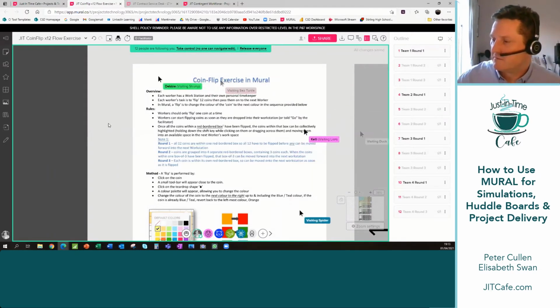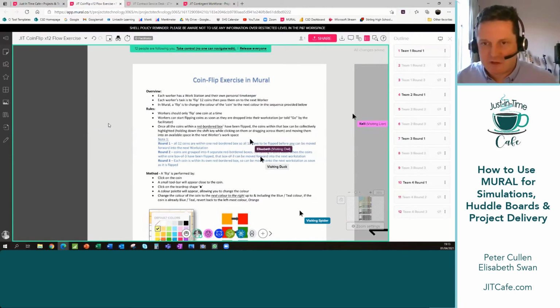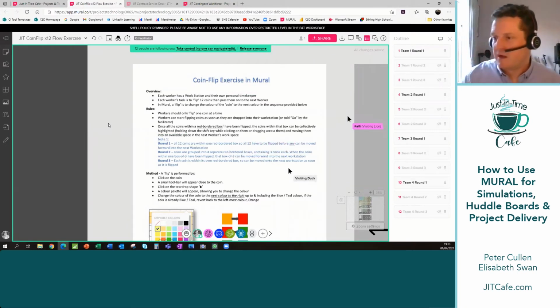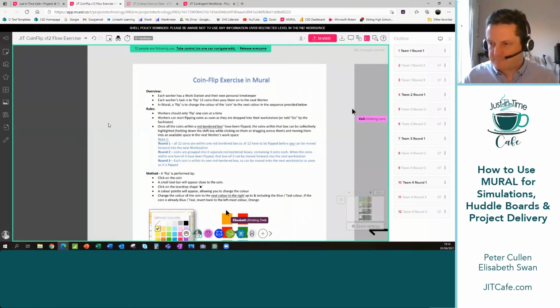So we've got 4 teams set up. I don't think we're going to need 4 teams today because we haven't got that many people. But I'm going to need you to organize yourselves into teams of 9 in a minute, but we'll get there in a second. Okay. So again, this is basically a virtual version of a physical simulation that is used quite